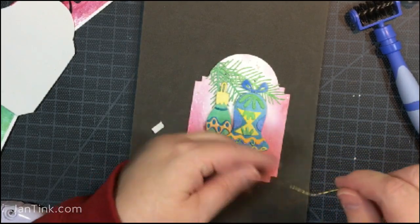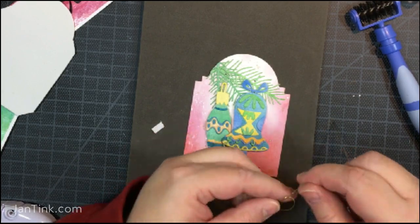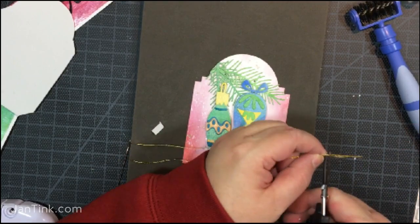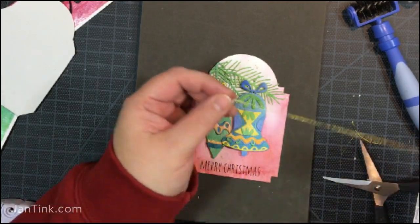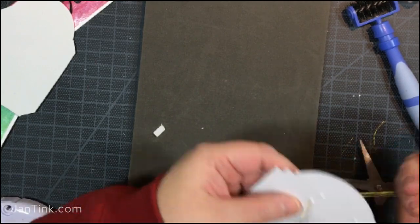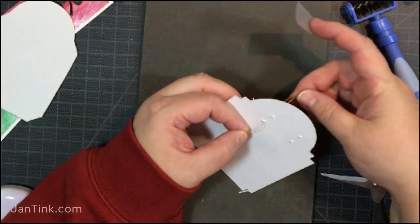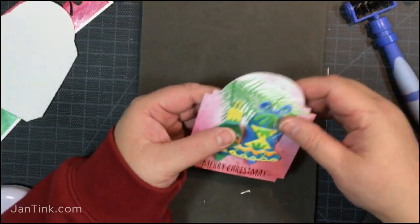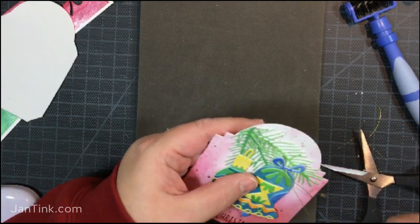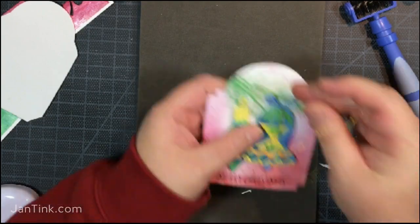And now I'm just going to knot the ends of the thread. I've doubled it up, and I'm going to knot the ends just to kind of make it tidy. I'm not going to plan on the knot doing anything. I just don't want the ends flying because this stuff is kind of fiddly. And then I'm going from the back, and I'm putting it through the holes that I made with my piercing tool there, and I'm going to just tape that down with a piece of Scotch tape so it won't go anywhere. And then I'm just going to sew my thread through my cardstock through the holes that I already made,